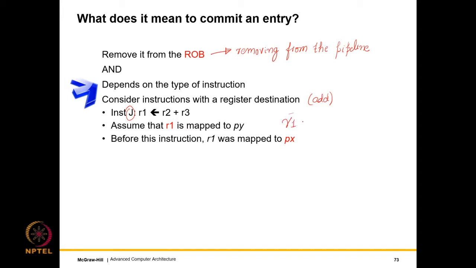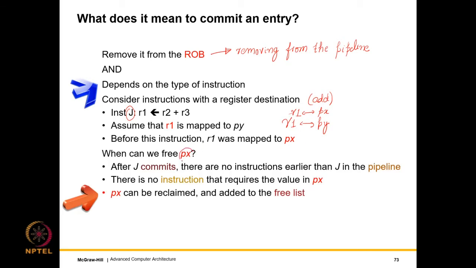Assume that at this point R1 is mapped to PY. Before instruction J came and was renamed, let us assume that R1 was mapped to PX. So R1 was mapped to PX, then instruction J came and it changed PX to PY because it got PY from the free list.